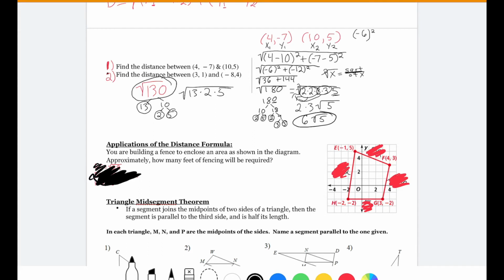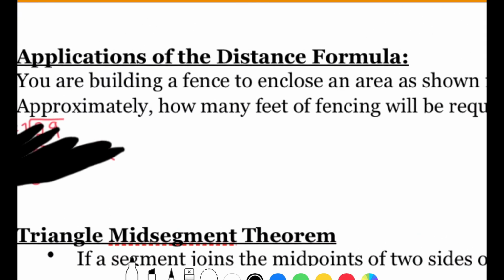So we need to find the distance or the length in between each little point given on the graph. So I am going to go ahead and solve for GF. I'm going to do line GF